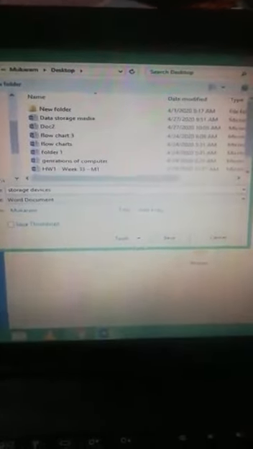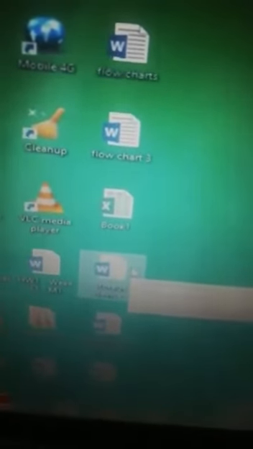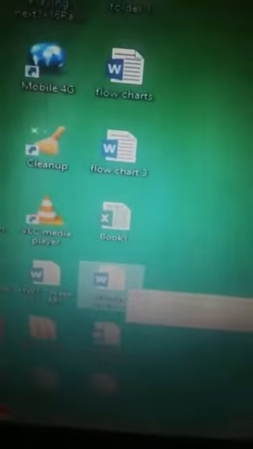I want to save on desktop. Look, and again a menu appears. You have to look at file name. I want to give the name storage devices. After writing the name,